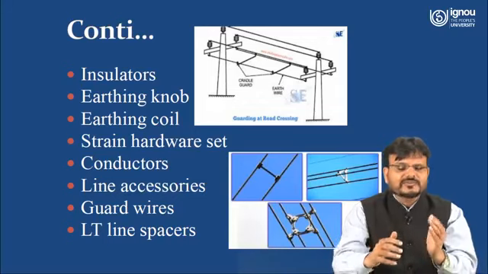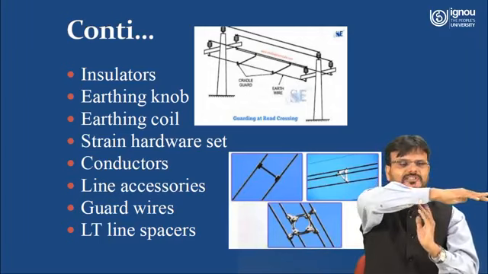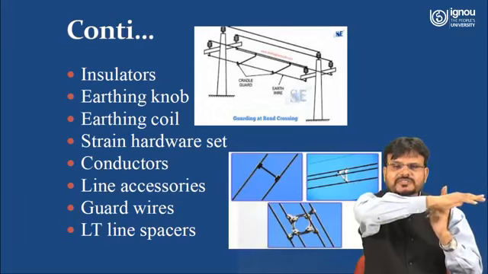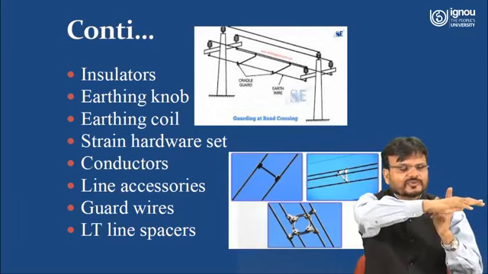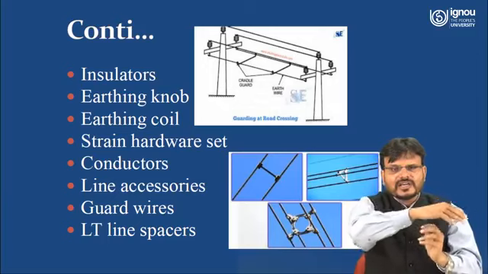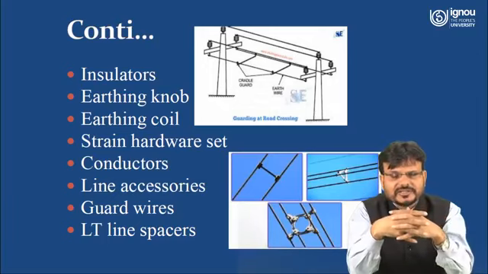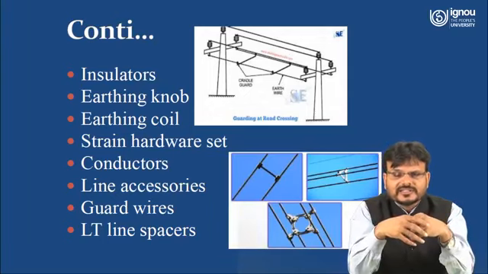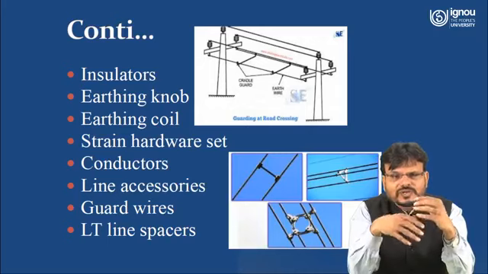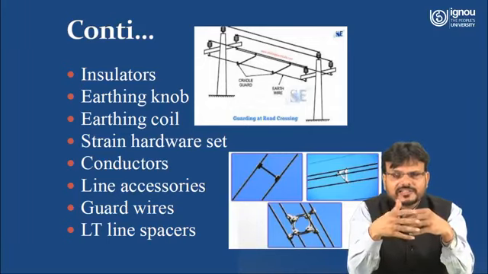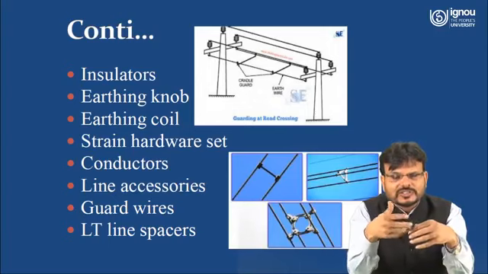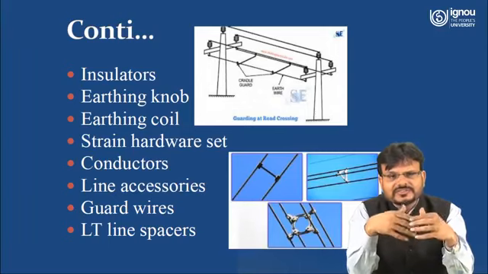If you are putting a live wire directly on the cross arm, that means current will flow through the cross arm. If this cross arm is made of steel, current will flow through the cross arm to the pole, and suppose anybody, maybe an animal or maybe a human, comes into contact with this pole, they will get an electrical shock. So to avoid this leakage current transmitting from the live wire to the earth, or to the pole, or to the cross arm, you need some device.